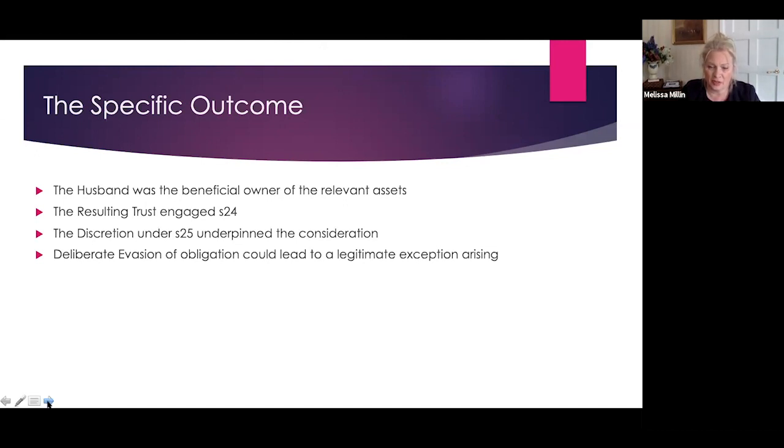Now, the Supreme Court in this instance did permit some of the transmissions of ownership, but it was not on the basis of lifting the company veil. It was deeply bedded into the individual facts, where in this instance, this husband had controlled the properties in such a way that there was very little option other than to assume that there was a resulting trust that allowed him to pass on.